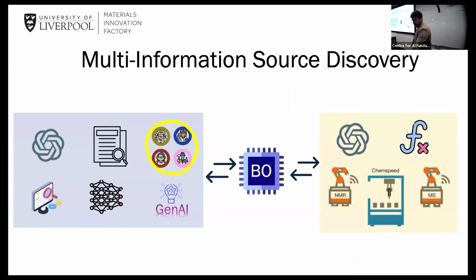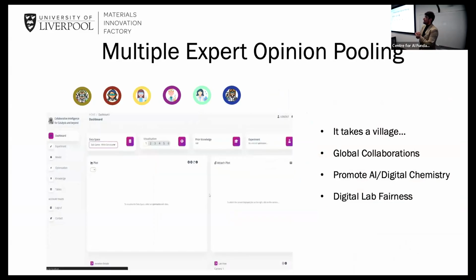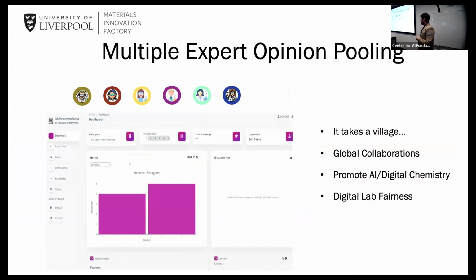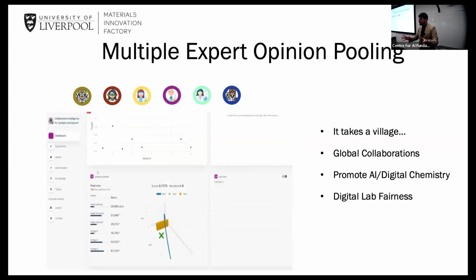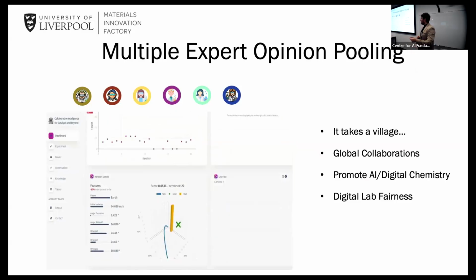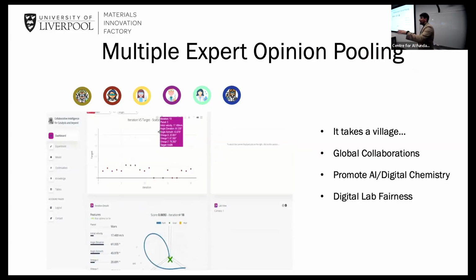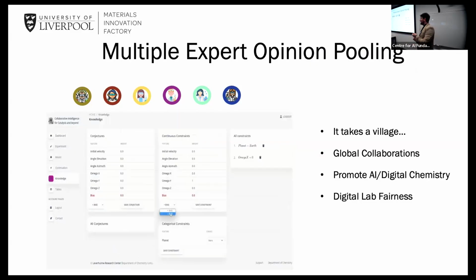We are also trying to find better ways to scale up multi-user interaction, multi-chemist interaction in experiments. And we have this interesting platform as a prototype built by Abdu here, where different chemists can log in and monitor the same experiment at the same time, inject hypotheses, and then all these hypotheses are aggregated and injected into the algorithm. We had a very interesting discussion with Michele earlier on how imprecise probability distributions can help with that